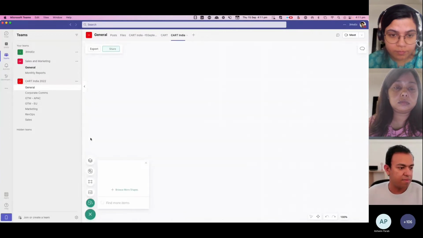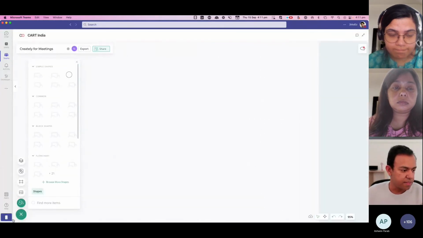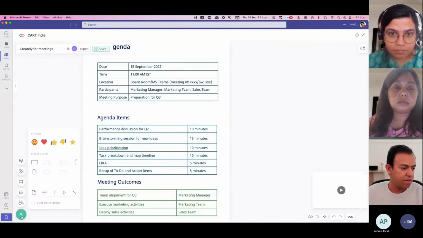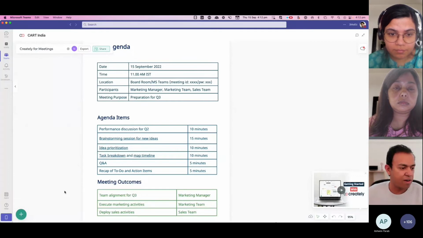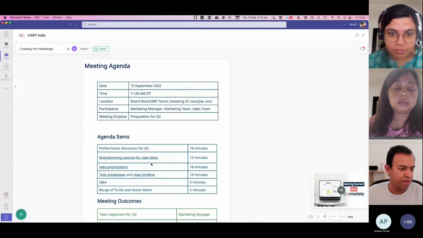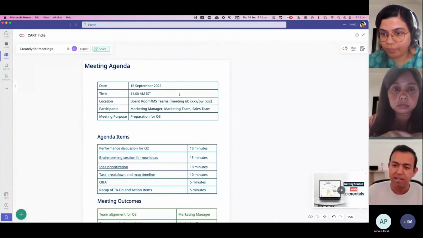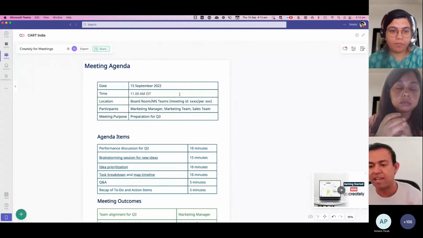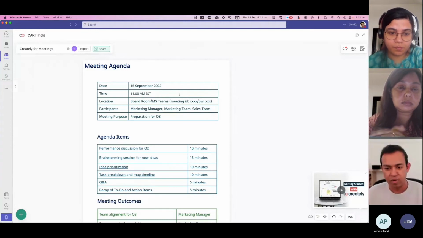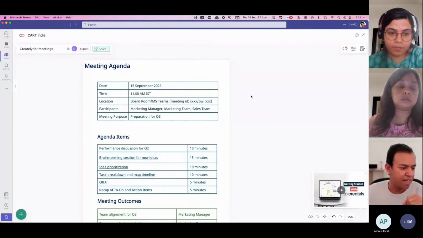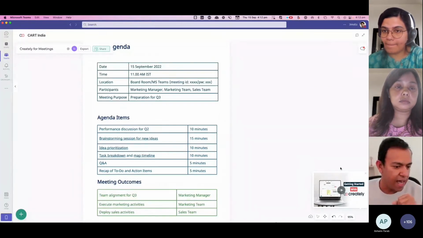Let me make a little bit of space and expand the tab. So you land on this agenda that you can set up. It's easy and editable, and it's also real-time collaborative. Everyone in this channel can access this workspace, whether they have signed up for Creately or not. The sign-in is automatic, so it's very fast to get in and get out.